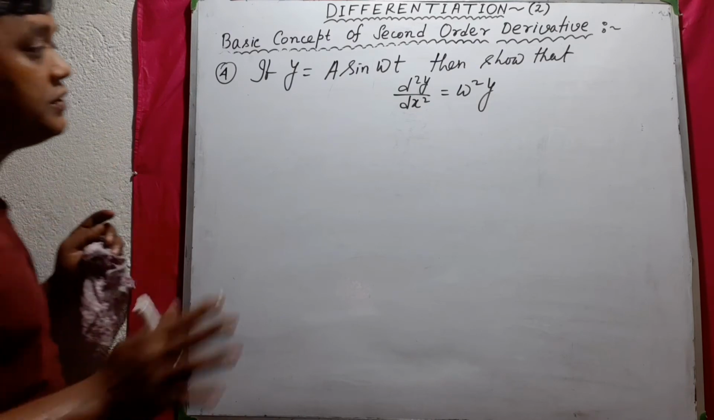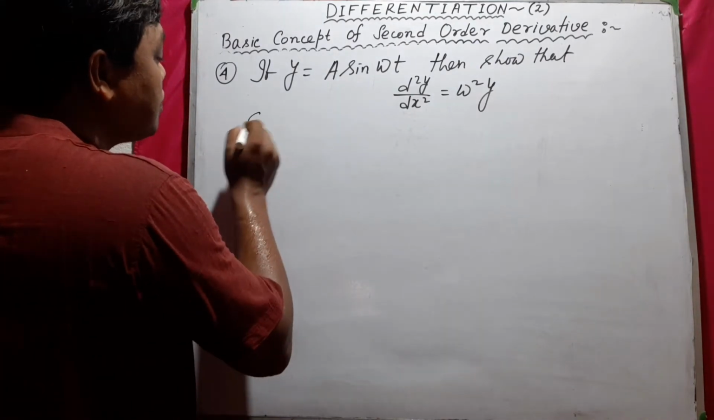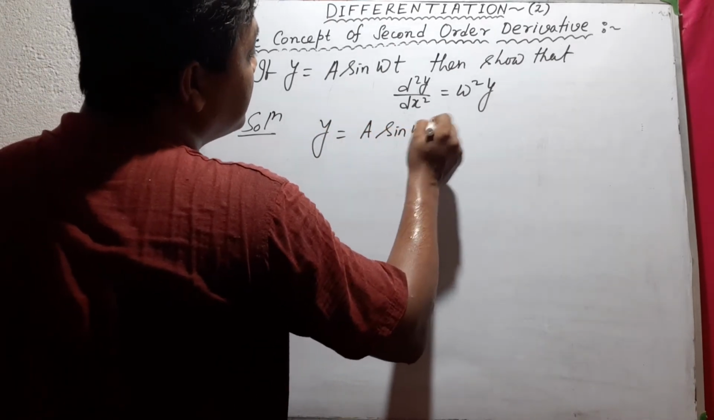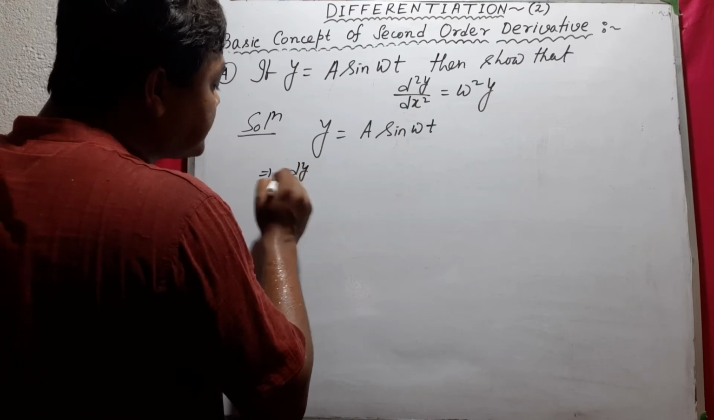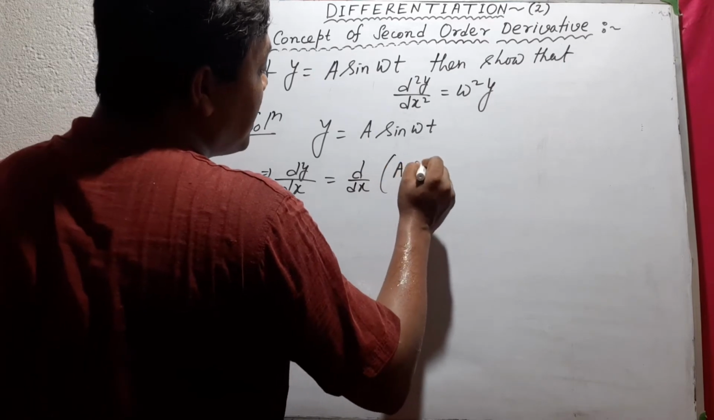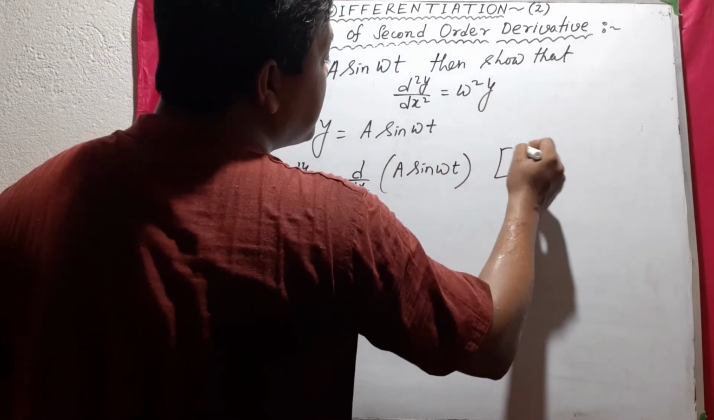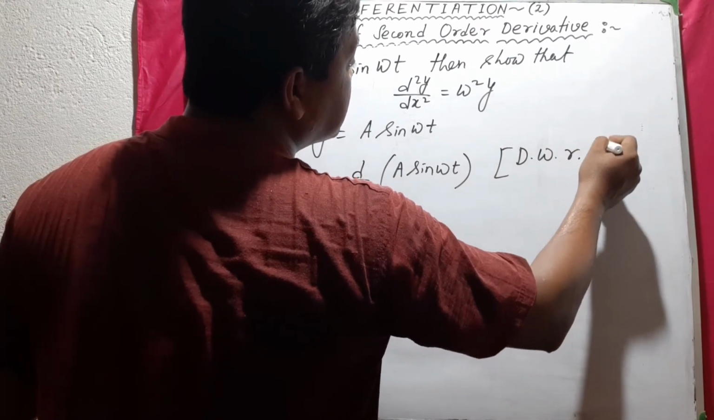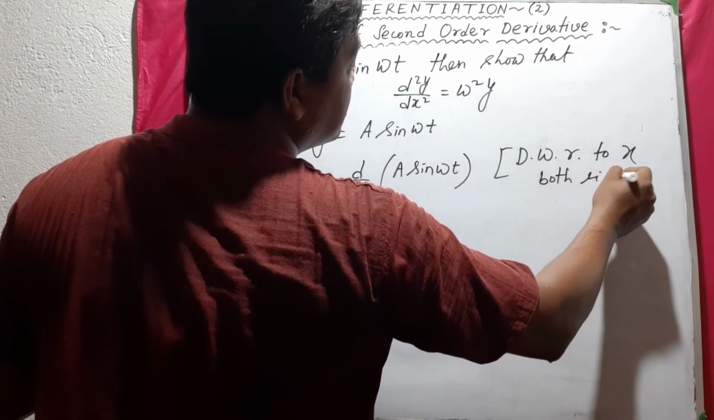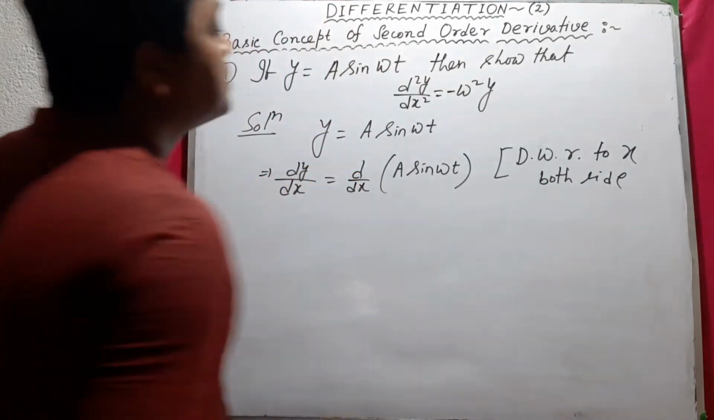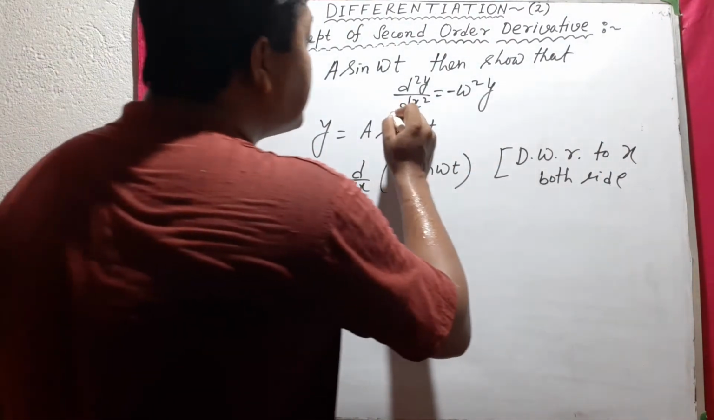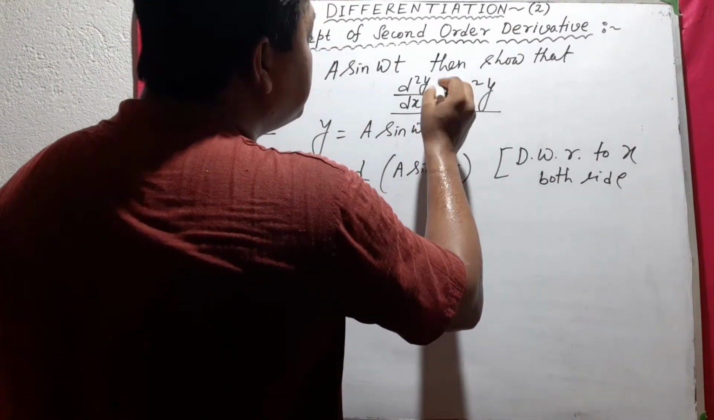This is a differential equation of the form. Okay, তো আমরা সেটা পরে আসবো। So solution is that y equals a sin omega t. So now differentiate with respect to x, dy/dx, d/dx of a sin omega t. Now differentiate with respect to x both side. So the answer is this is minus omega square y. Okay, minus omega square y, d2y/dx2 equals minus omega square y, অথবা আমরা এটাকে লিখতে পারতাম d2y/dx2